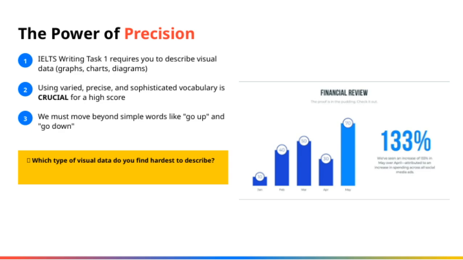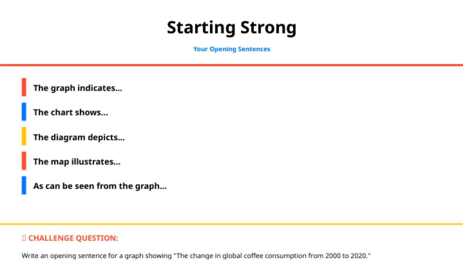Remember, in IELTS Writing Task 1, you're required to describe visual data effectively. This means you need to develop your language skills to convey trends, relationships, and patterns clearly and accurately. The key message here is the power of precision. Being specific and nuanced in your descriptions makes your writing more compelling and easier to understand. So, mastering this skill will not only help you succeed in IELTS, but also improve your overall ability to communicate complex information clearly. As can be seen from the graph, the change in global coffee consumption from 2000 to 2020